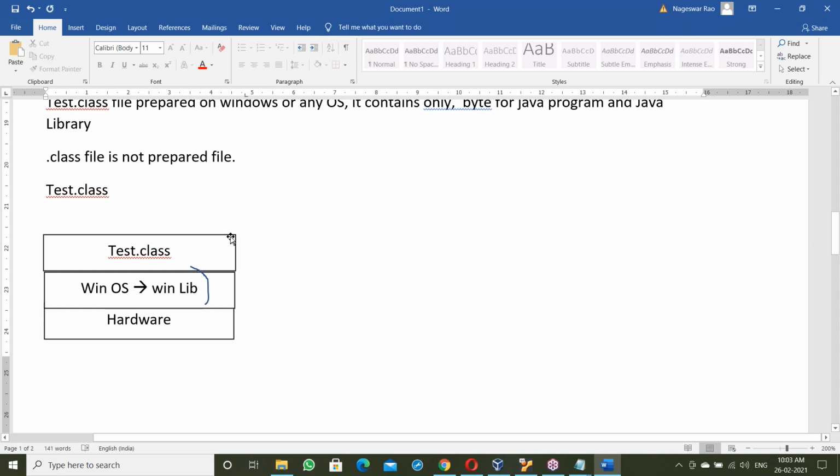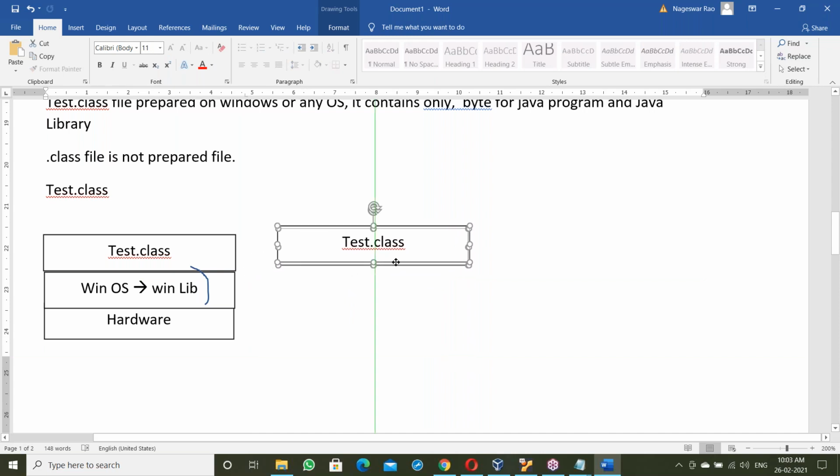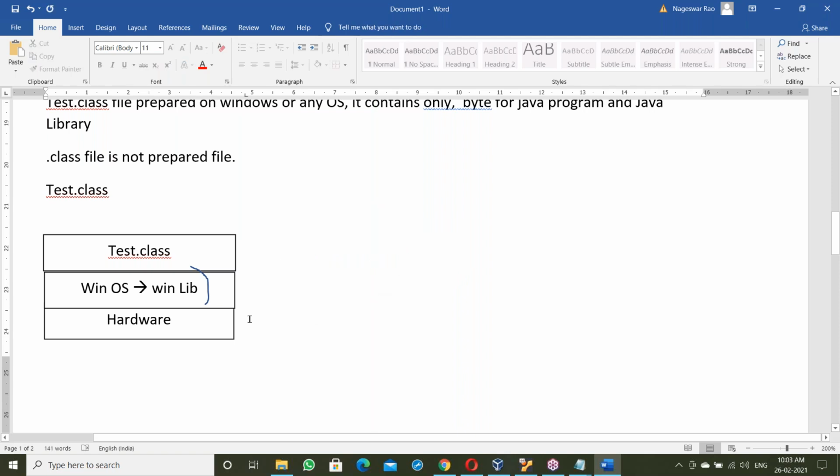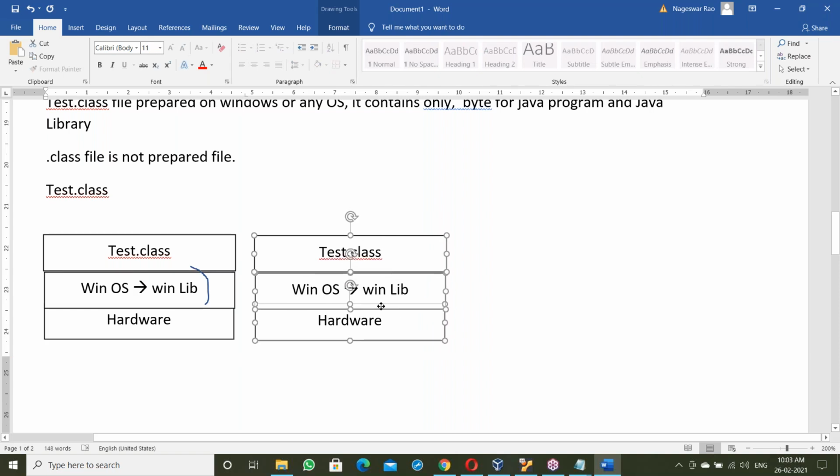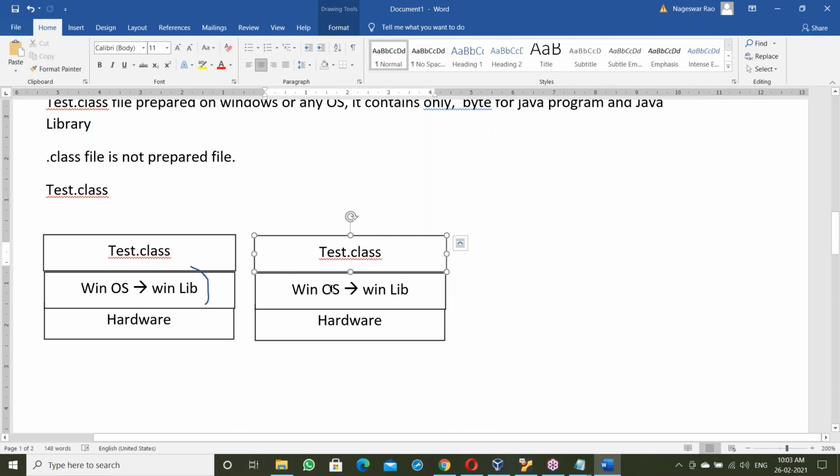So the test.class file, when placed on Windows base, links with the Windows library.